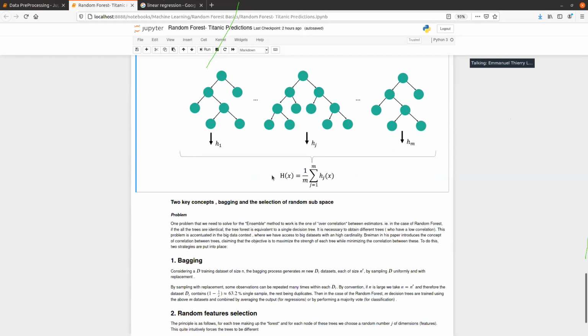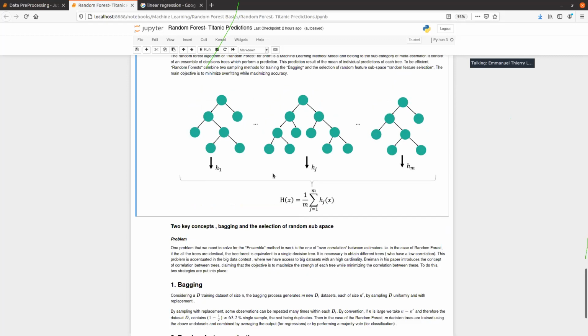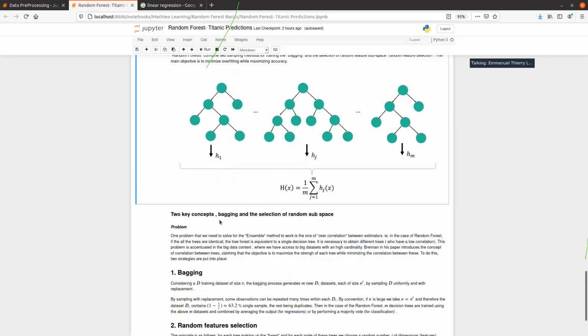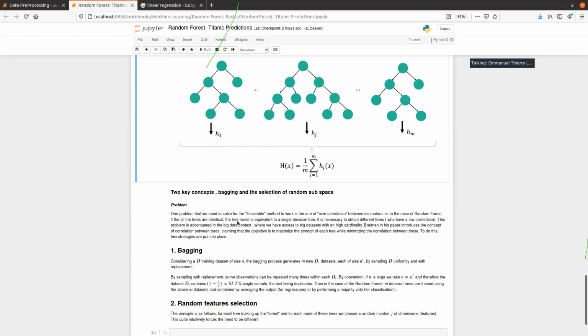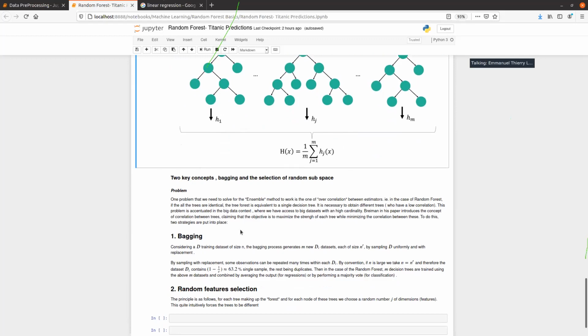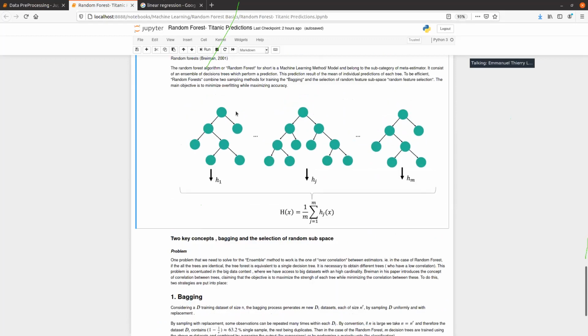So in order to solve that problem and make it so that the trees are different, you will see in the Breiman paper that Breiman introduced two concepts, which are called bagging and random feature selection. And within those two concepts, Breiman insists that first, the strength of the tree should be really high, meaning that any given tree should make a good prediction.